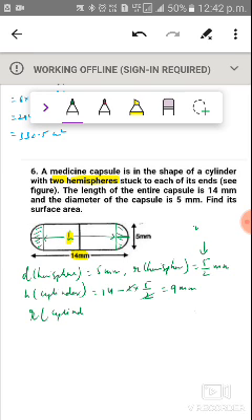Now because the radius of cylinder and radius of hemisphere is the same, that's why I have used the same small r for both. Okay. Now what we need to find is its surface area. So the total surface area of this capsule will be equal to